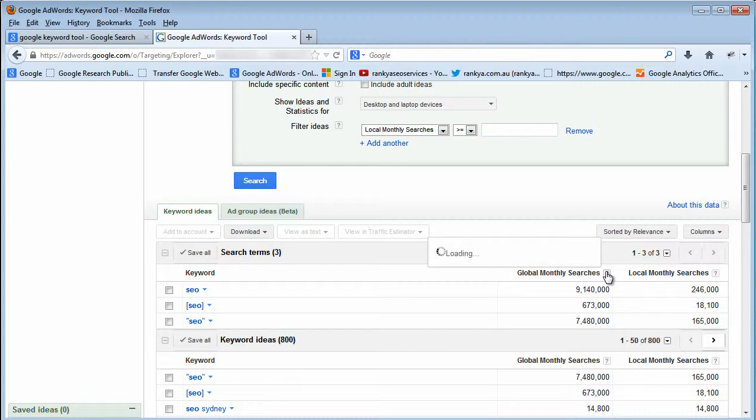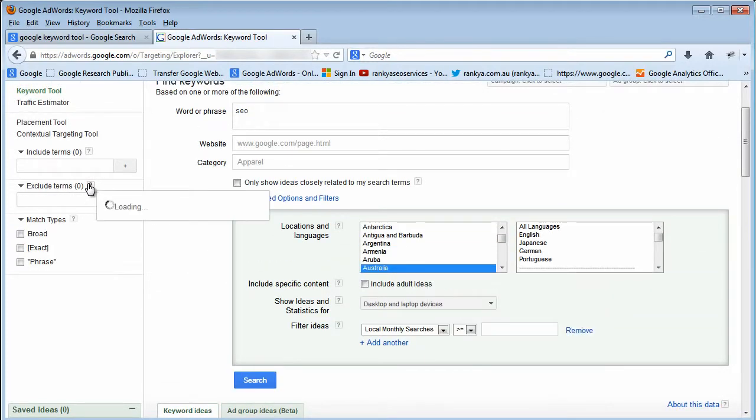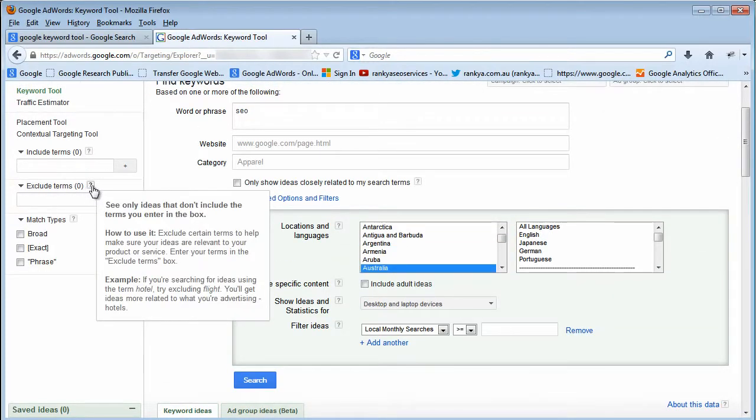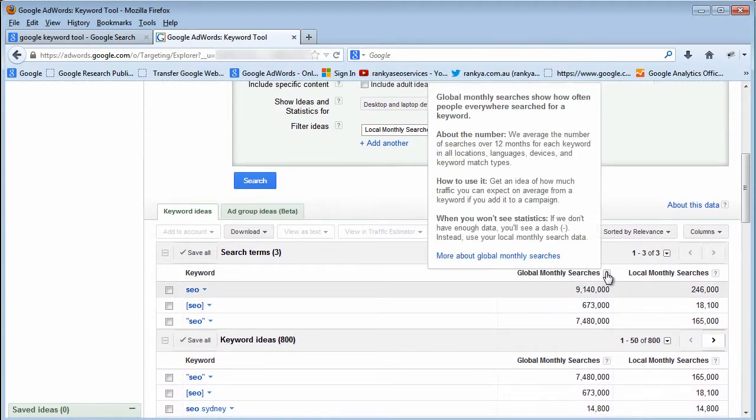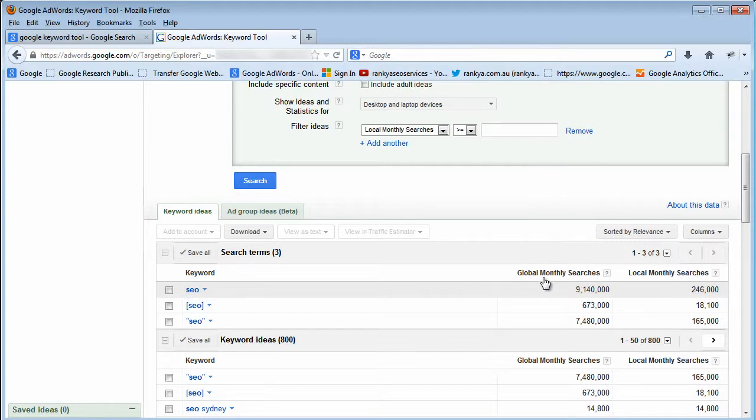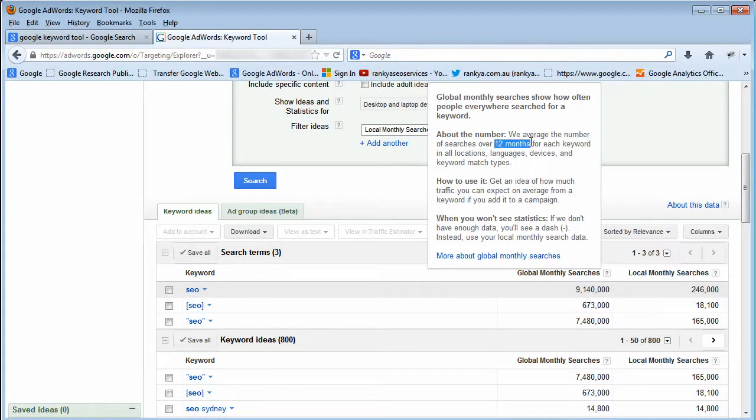Now, global monthly searches means this. If you press on the icon with any option here, see, you got icons here, it's a question mark saying help, meaning more information, right? You should definitely read it. But this global monthly searches and local monthly searches is very critical for you to understand while you're building your keyword list. Global monthly searches, this is how it works. This is for 12 months, okay? What that is, all the data that Google has over the past 12 months combined and then averaged into